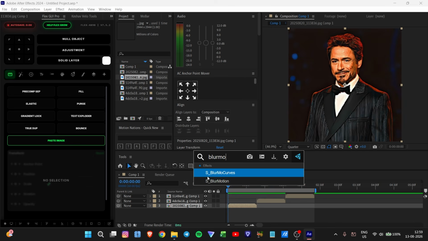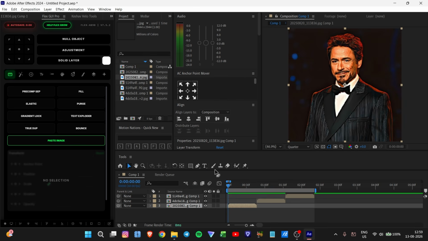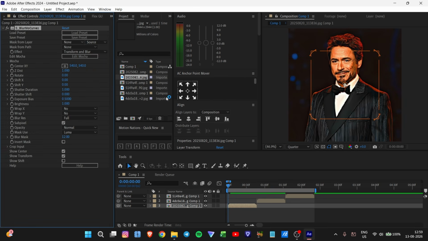For this you have to install the Sapphire plugin. Then just see, there is a marker in between. Just place it anywhere, like the nose or the head. I'll choose the nose, and then at the starting frame